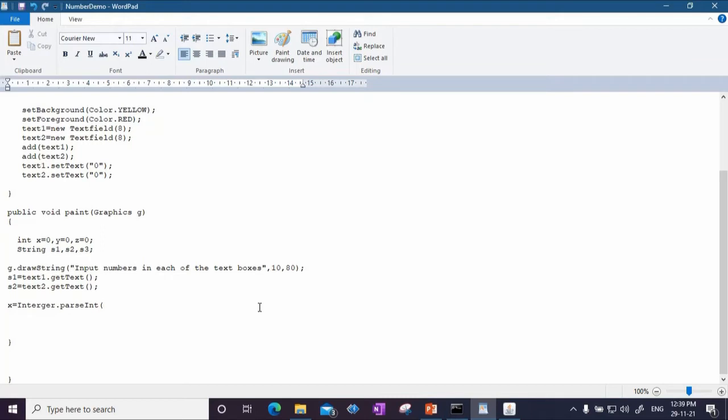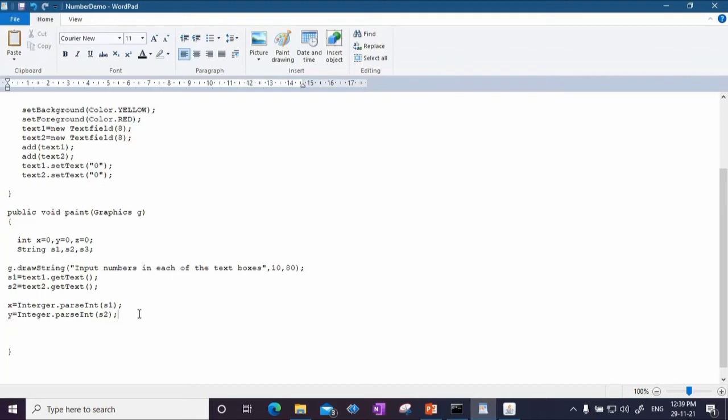What this parsing method does is, whatever string is supplied to it, say s1, that string will be parsed to integer. Similarly, y equal to Integer.parseInt, s2. So s1 and s2, which are string values, the parsing method will convert them to integers, and they will be stored in integer variables x and y.